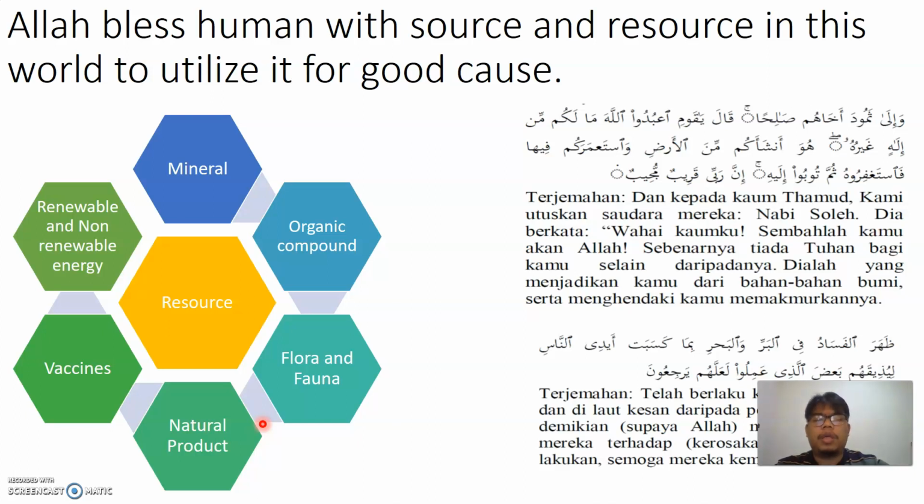If we go back to this ayah, Allah told us that Allah created everything in this world, and we humans have been blessed with intellect. So we know how to utilize all of these things for our own good cause. And then if we go to this ayat of the Quran,